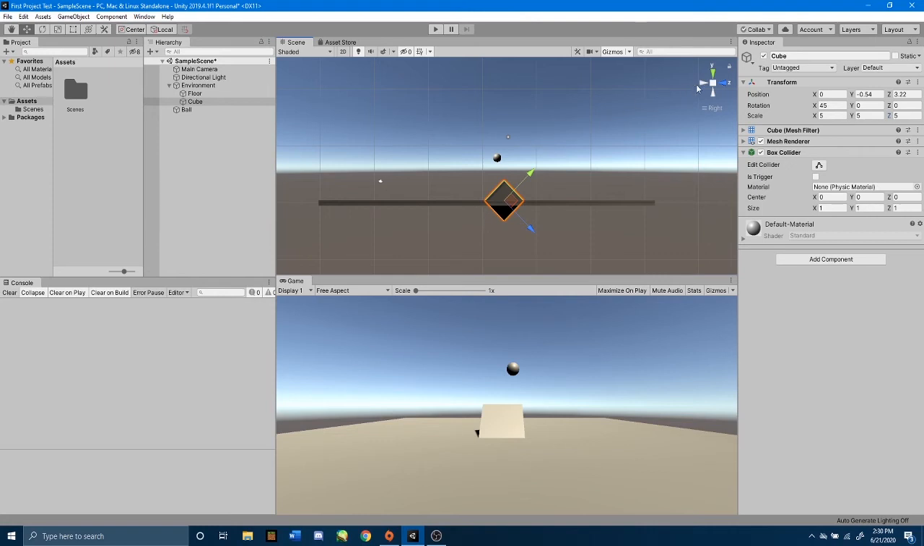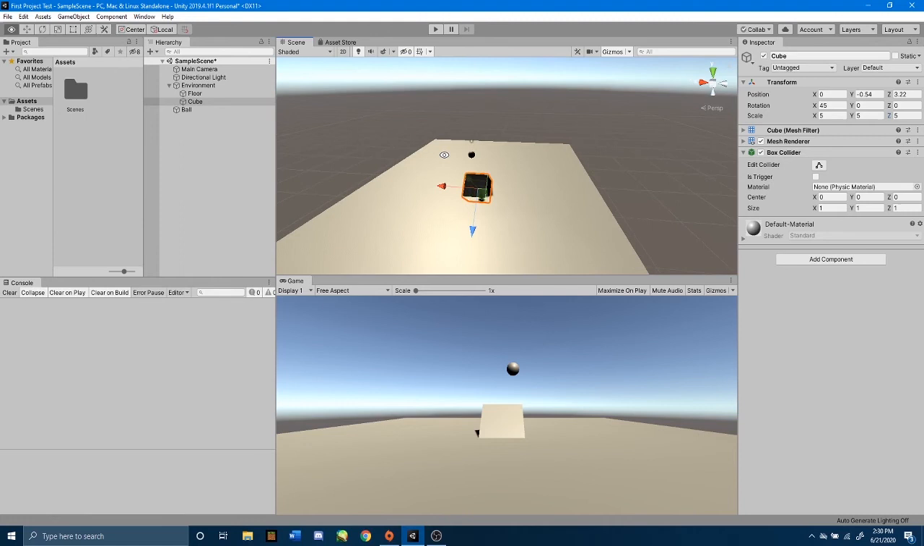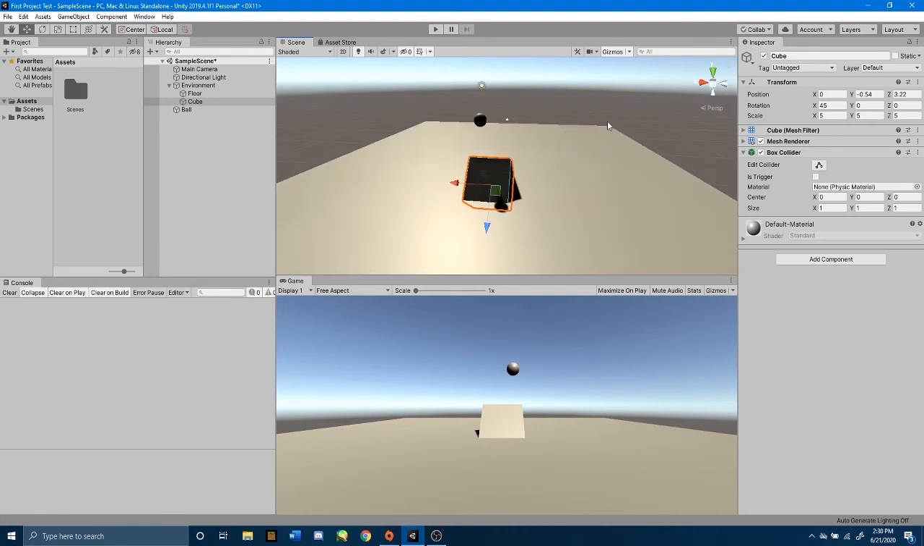So if I look at it from another perspective, I'm going to click the middle circle there. I'm going to hold Alt and left click and drag. I'm going to scooch this a little bit using the bottom game view as a helpful guide to where I want it to be. And now,